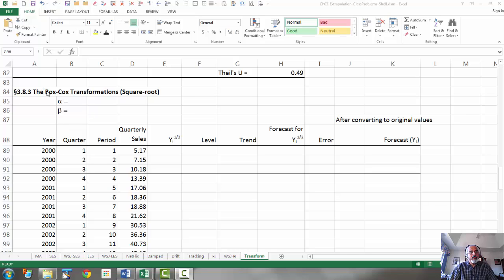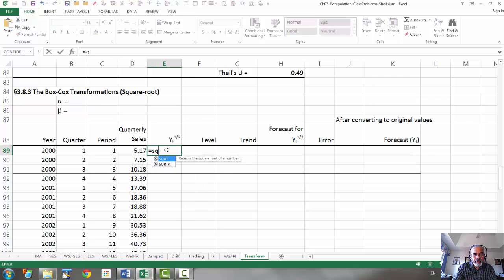Now let's look at what is called the Box-Cox transformation, where we take the y value and take a root, such as a square root or cube root, so that it dampens out the trend that may be present. First, the transformation. Let's look at the square root transformation, where we can use the square root function in Excel, the square root of the actual value,